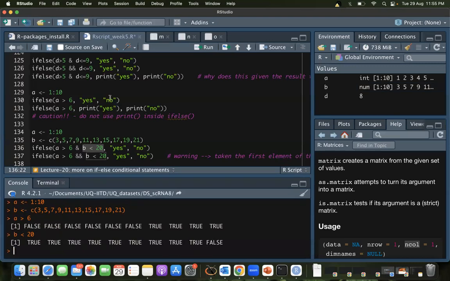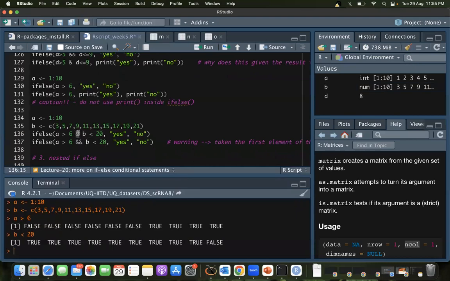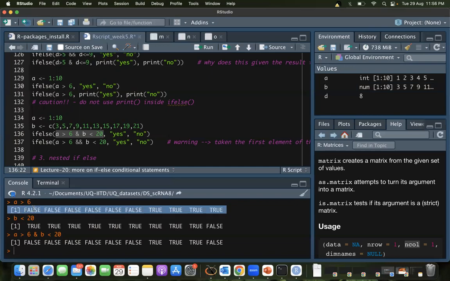Okay, so now if I do a simple AND here, it's going to give me 10 results, and it's going to give me a true only when both the first expression and the second expression evaluate to true. So false and true gives false. Here likewise, then this true and this true gives us true. The next 3 elements are giving us true, and the last one, true and false, gives us false. This one's fine, right?